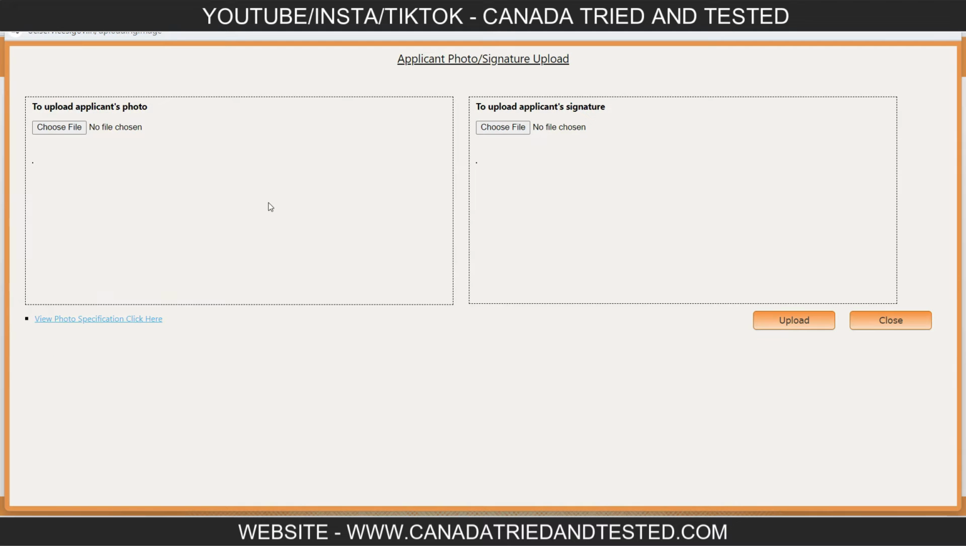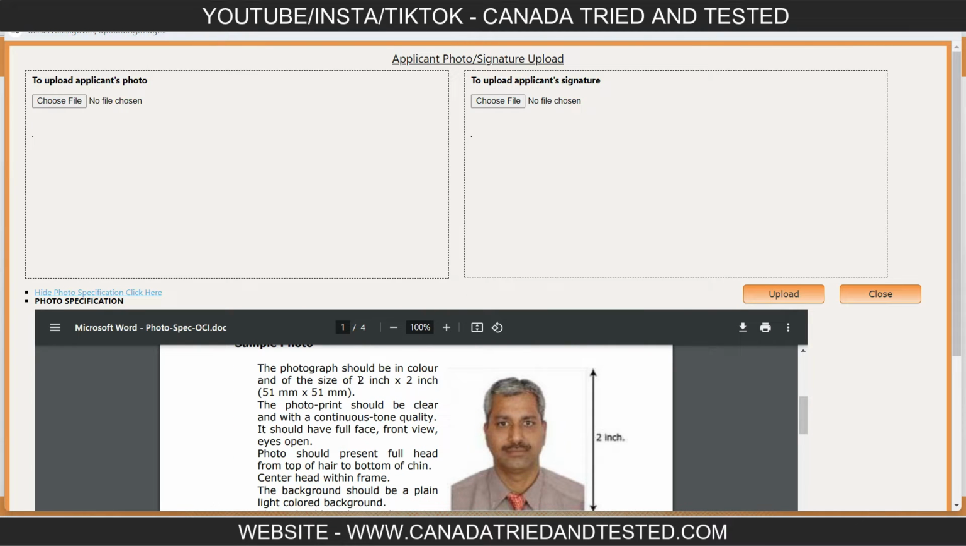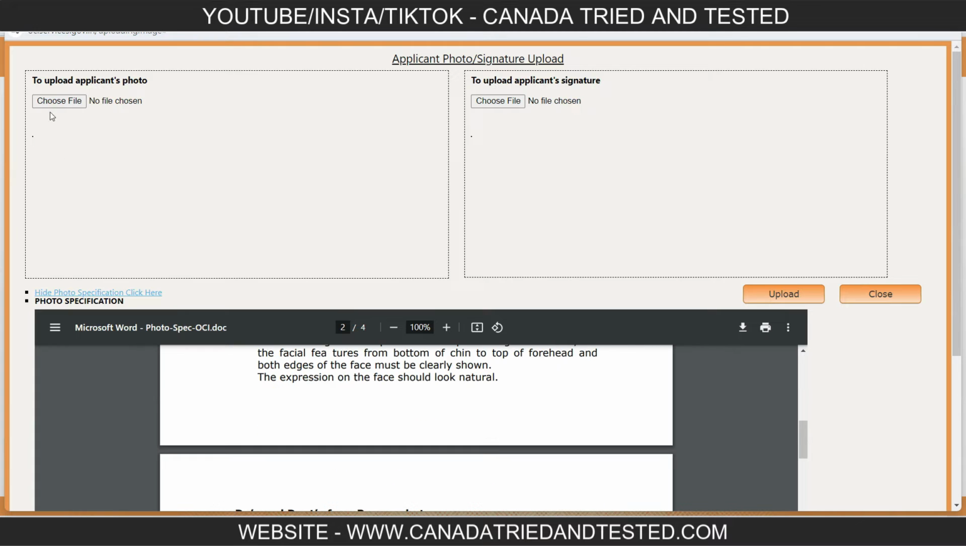to this section for the photo specification. Once you click here, it shows the photo specification, that is 2 inch by 2 inch or 51 mm by 51 mm. So if you go through my video, you'll get to know how exactly to ensure that this is within that specification. And once you upload the photo here, choose file, and you'll be able to upload the photo exactly